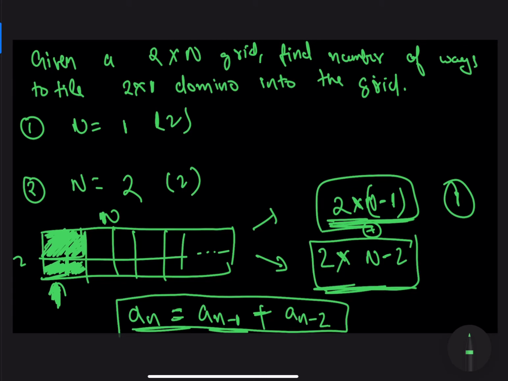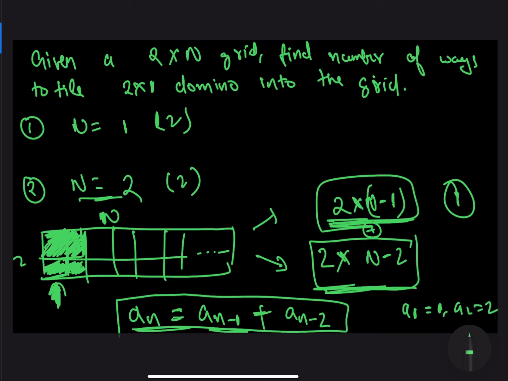It's the recurrence relation of the Fibonacci series. All right, so in our case this will be our recurrence relation, and the base cases will be the ones we discussed in the sample test case, that is a of 1 equals 1 and a of 2 equals 2. You can always choose to have a different pair of base cases.